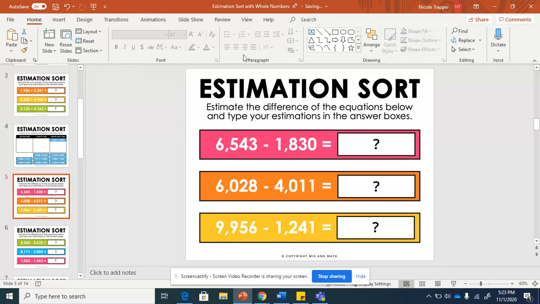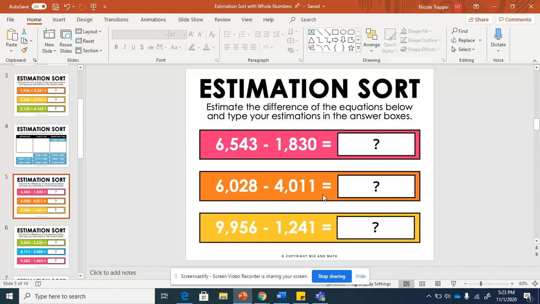Okay. The next one says estimate the difference of the equations below and type your estimation in the answer boxes. Remember, differences means we're going to be subtracting because difference means the answer to a subtraction problem. So let's estimate these to the nearest thousand and then solve. 6,543 rounded to the nearest thousand is 7,000